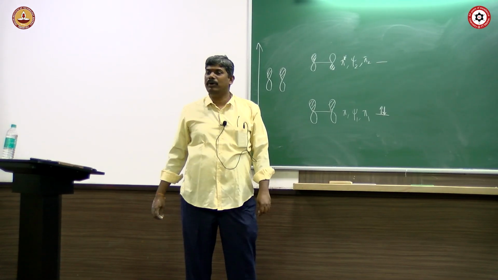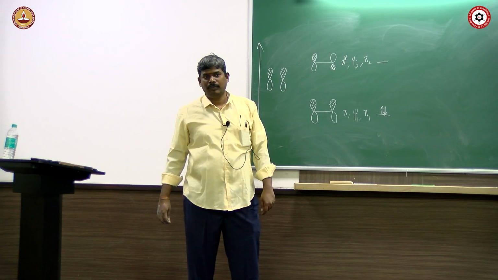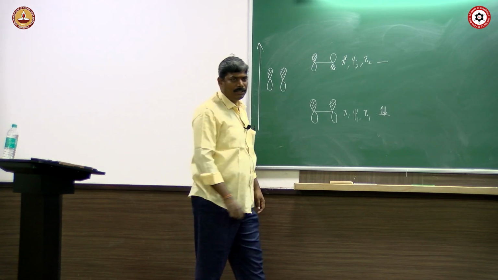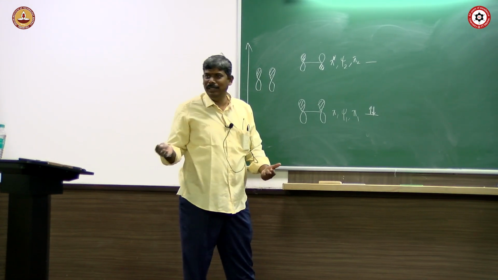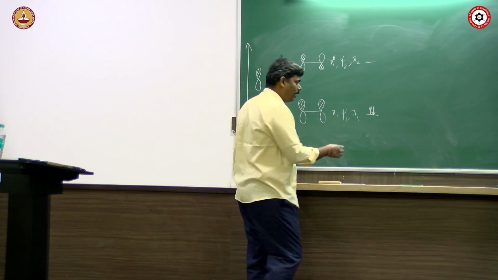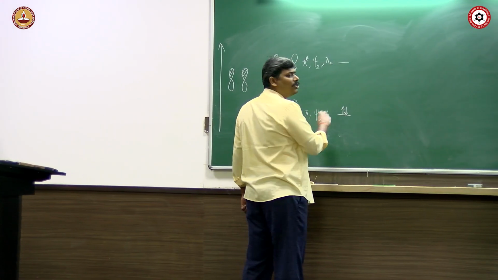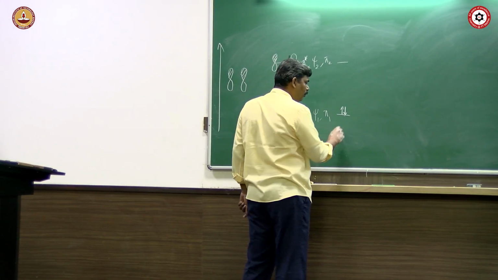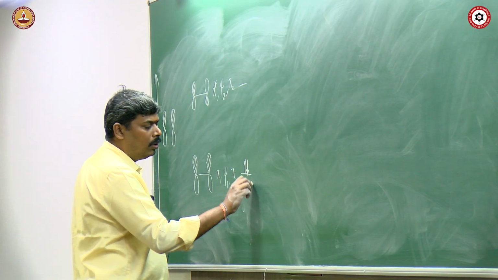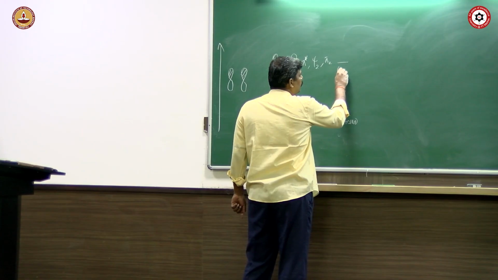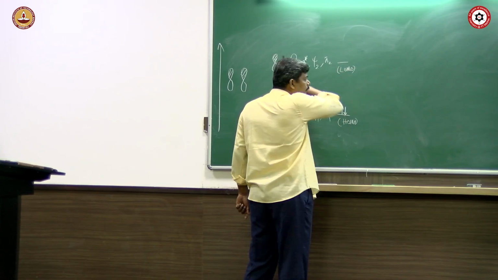In this, which is HOMO? In this, there are only 2 orbitals. One is HOMO, other one is LUMO. There is no problem here. This is the only orbital which is occupied in an ethylene. This will be the HOMO, and this will be the LUMO.